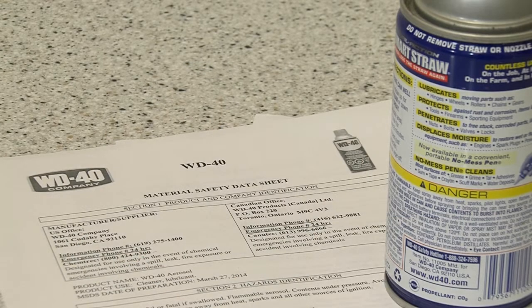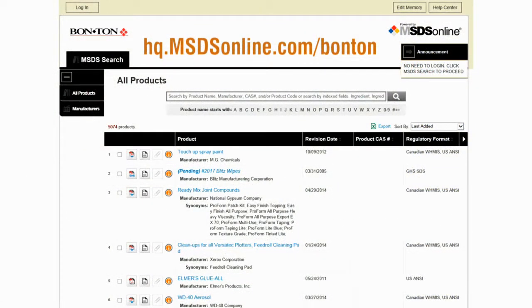You may obtain an SDS anytime you want to know more about the product than is written on the container label. There are two ways to obtain an SDS. The first way is for it to come with the product. Depending on where and how the product was purchased, the manufacturer may have sent the SDS with the item. The second way is to access